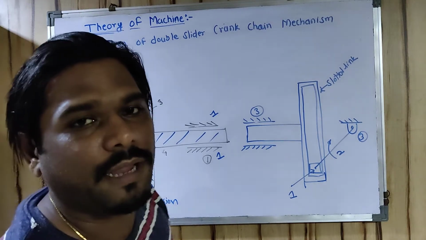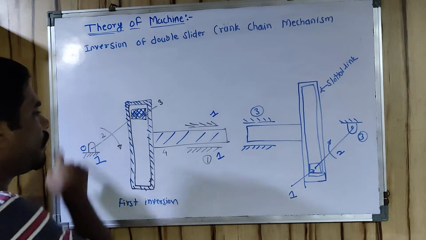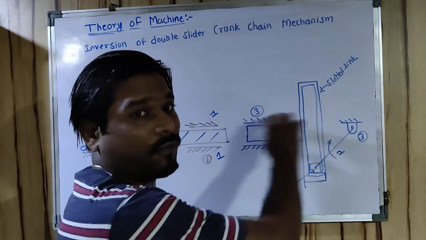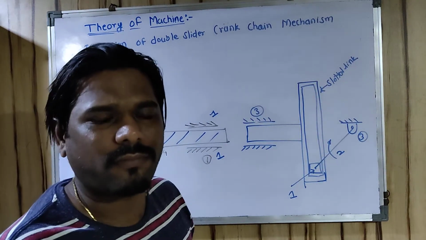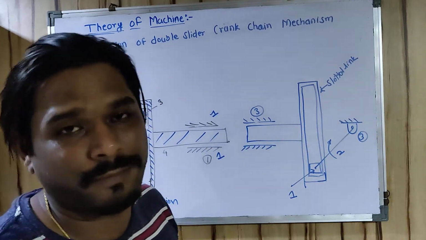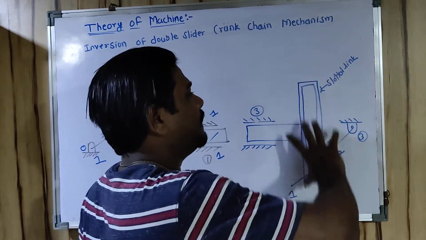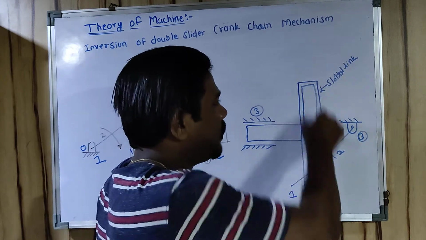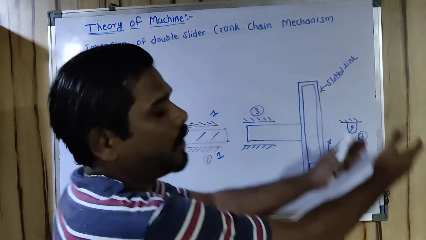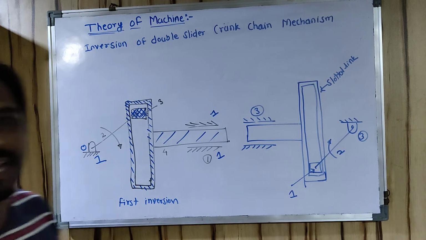The reason is that there are some applications where we have a conversion of rotary motion into reciprocating motion, but there are some applications too where we have a conversion of reciprocating motion into rotary motion. Here, link number 4 can rotate because of some external application or external work. That's why this slider will reciprocate inside this slotted link, and because of the slider's motion inside the slotted link, the slotted link is going to rotate, and we get reciprocating motion converted into rotary motion. This is the third inversion, and that was the first inversion of a double slider crank mechanism.